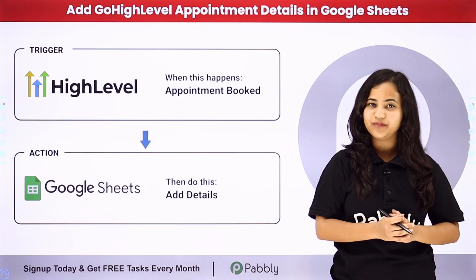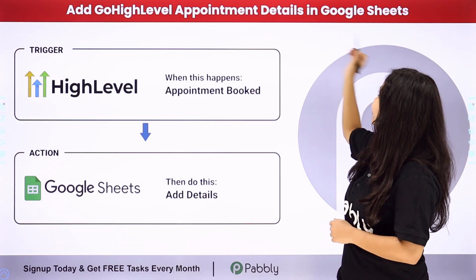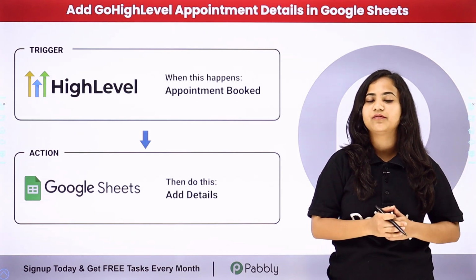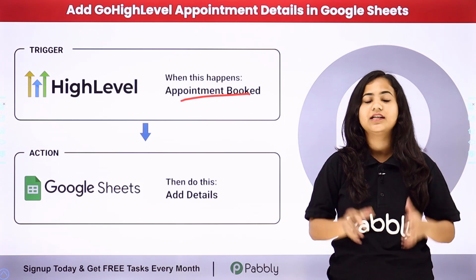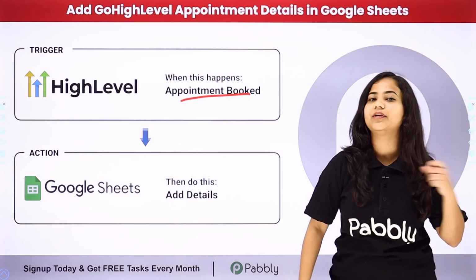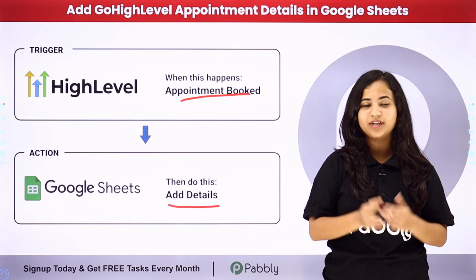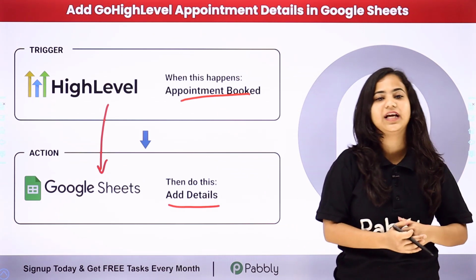Today in this video, we are going to see how to add GoHighLevel appointment details in Google Sheets. So here my objective is that whenever a customer books an appointment in GoHighLevel, then automatically the details of that appointment will be added here in the Google Sheets. And for that, I'm simply going to create a connection between GoHighLevel and Google Sheets with the help of Pabbly